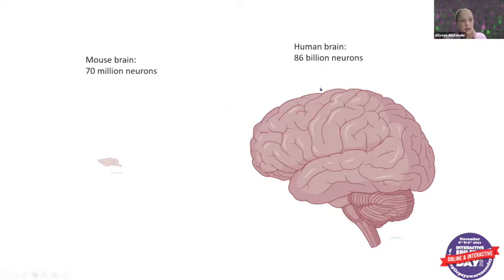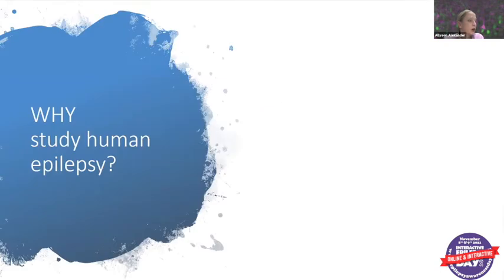And all those folded areas that are proportionally much, much bigger in the human brain than the mouse brain are in that area. So that's just a little bit about what the differences are, literally just anatomically, between the human brain and the mouse brain. Okay,